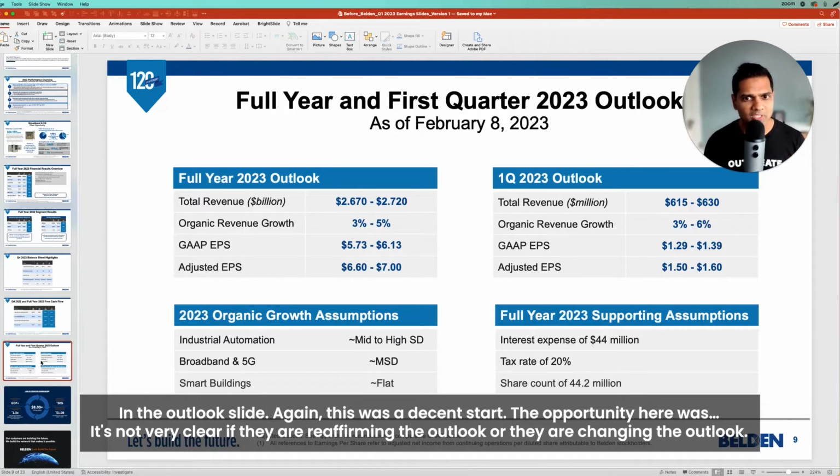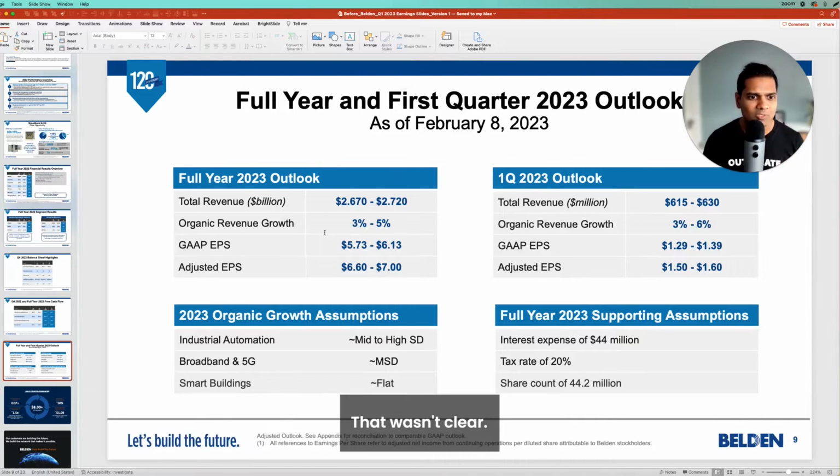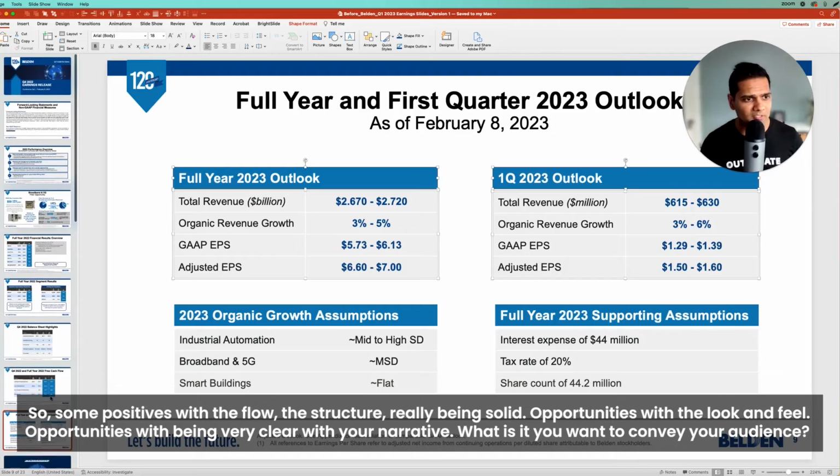The opportunity here was, it's not very clear if they are reaffirming the outlook or they are changing the outlook. That wasn't clear. So some positives with the flow, the structure really being solid, opportunities with the look and feel,